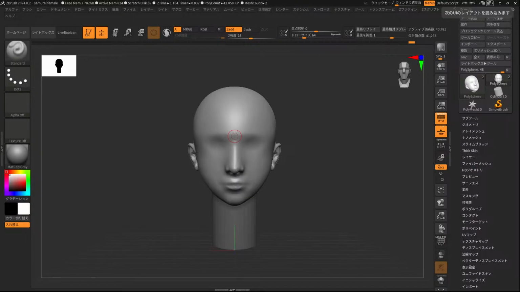All right, next tip, since we're on the subject of brush parameters, is something that has to do with the smooth brush. If you are used to this sort of thing,